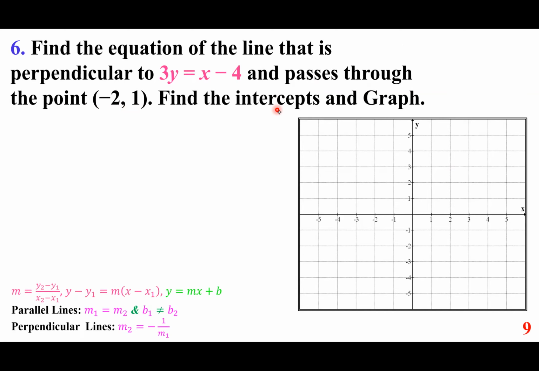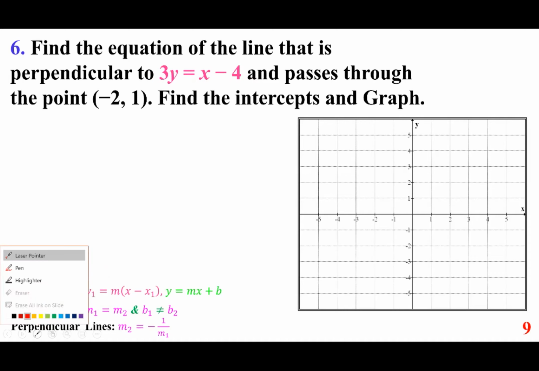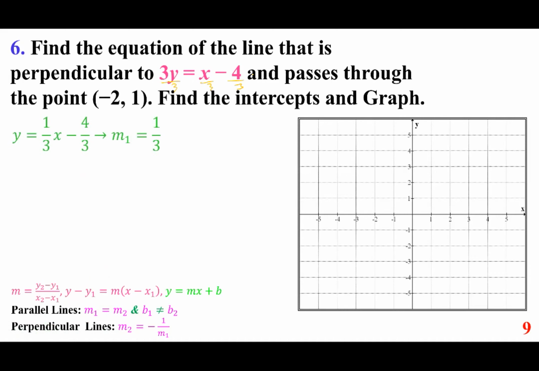First and foremost, we need to put this in slope-intercept form in order to find its slope. So you have to solve for y. You're going to divide both sides by 3. I'm going to divide this one by 3, this one by 3, this one by 3. And when you do that,